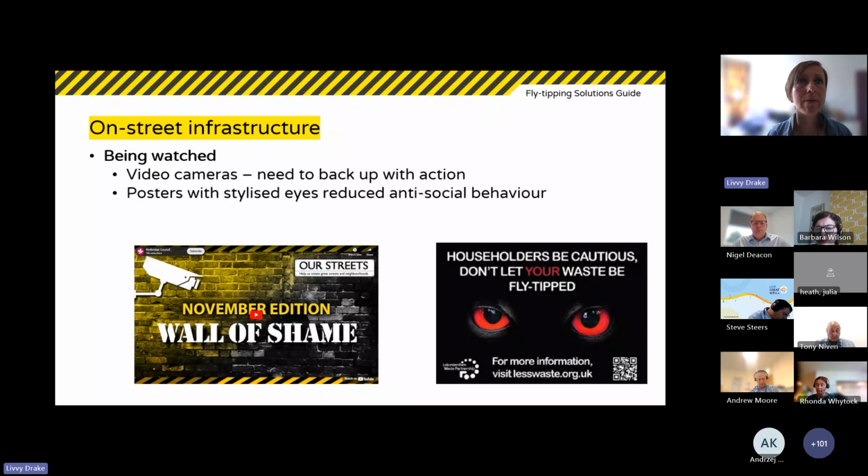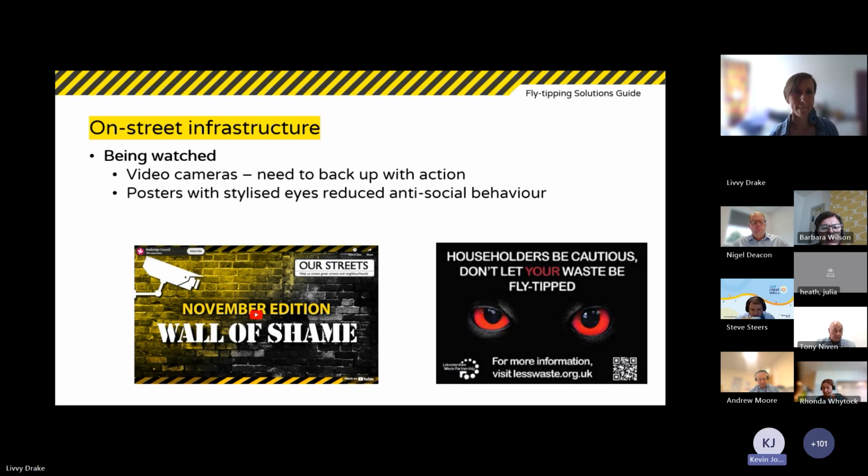But if you're social housing and you've got pictures of people, there might be issues with this, but are there ways that you can show a still and say, we know who this person is? Can you demonstrate that people are being investigated with those? There's a lot of implications with GDPR and showing images, so we have to be extremely careful of that on the social housing side. Exactly. But there are councils who are doing this on public streets, so it's worth looking into how they have managed that, because they do call out saying, do you know who this person is? So yes, there are definitely those things.